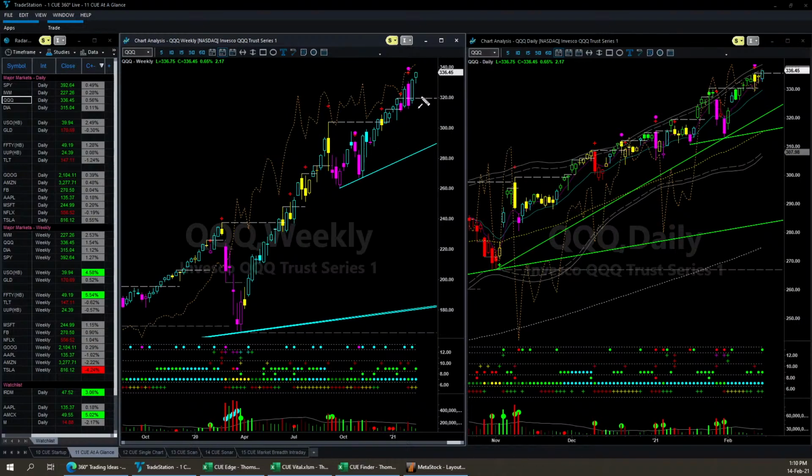Nasdaq ETF QQQ, bullish weekly, bullish daily. There was a bearish headwind 2 days ago, that's Wednesday. However, that candle had a lower tail. If a bearish headwind comes in a candle that has lower tail, then some of the bearishness associated with the headwind is nullified. In any case, the headwind signal didn't confirm a bearish headwind short setup